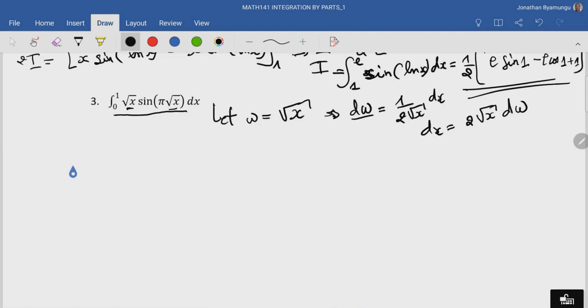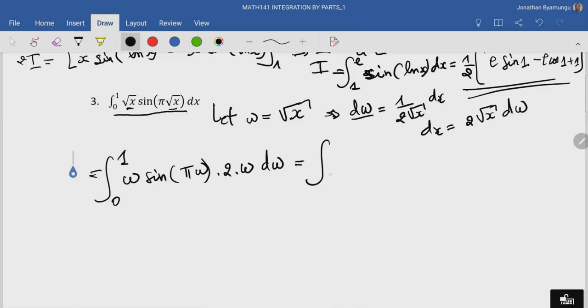Okay. Right, so taking it to the original integral, we have the integral from 0 to 1 of w times sine of pi w multiplied by dx, which is 2 times root x, which is w, so 2 times w dw,